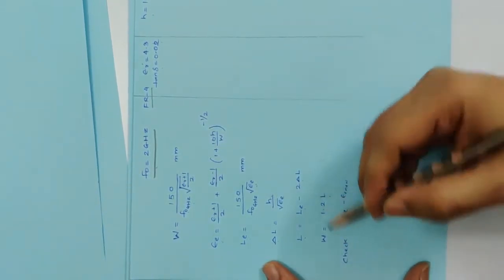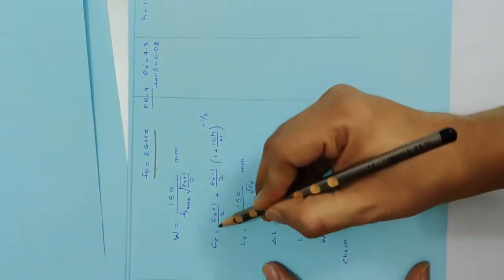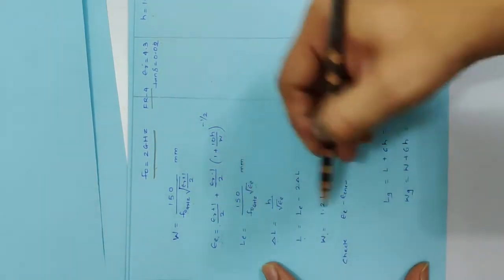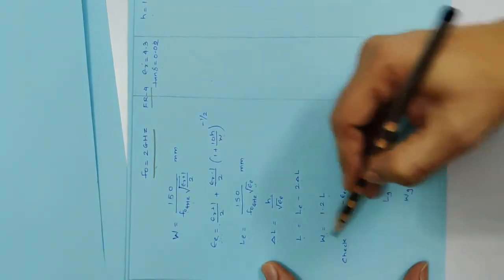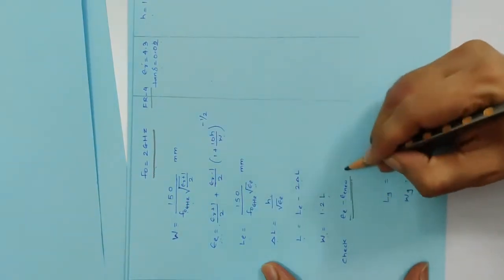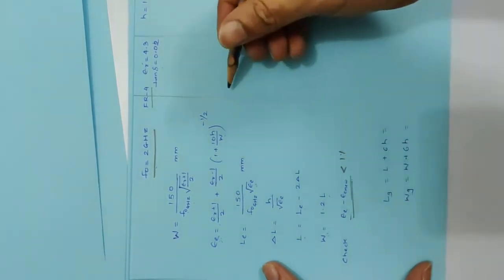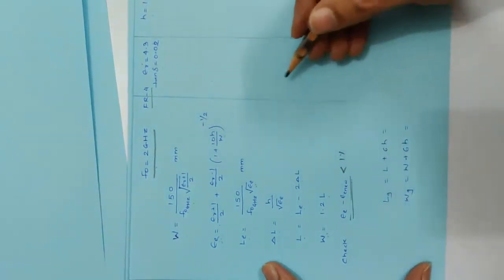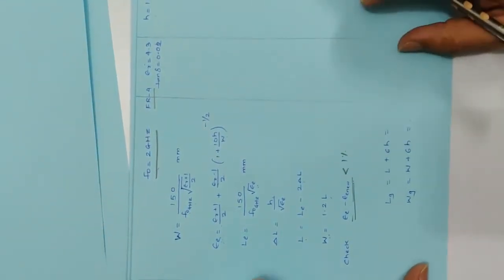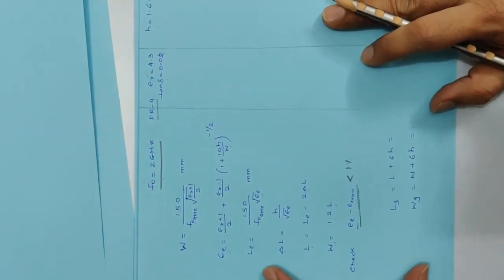Once you get this width, we'll substitute it in this formula and calculate new epsilon effective. Now the epsilon effective that we calculated in the previous step and the one in the next step, after substitution of this W, we'll check the difference between these two epsilon effective, and if it is less than 1%, then we'll stop at that point. Otherwise we have to go for the next iteration of this process. So we'll see the calculation and the designing of this part. Later on we'll also implement this in CST software.